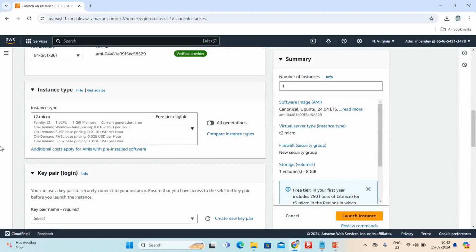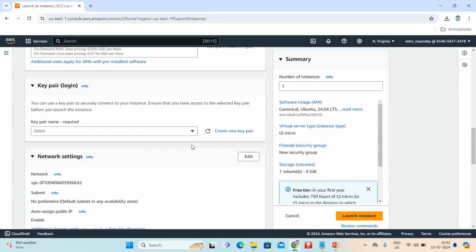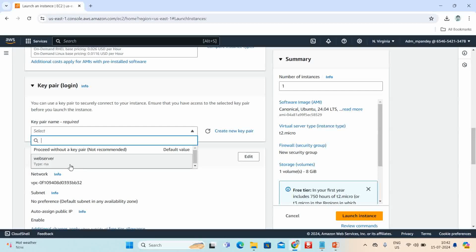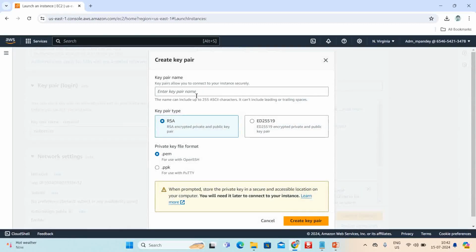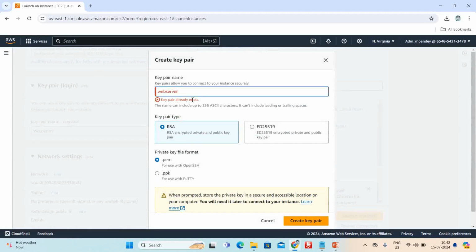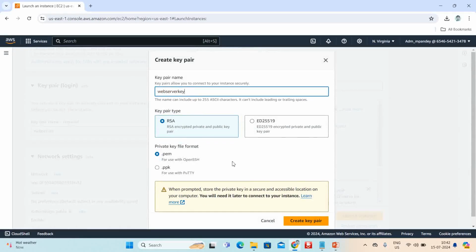and that is the key pair. You can create a new key pair here. You click on that and put web server key and create that,